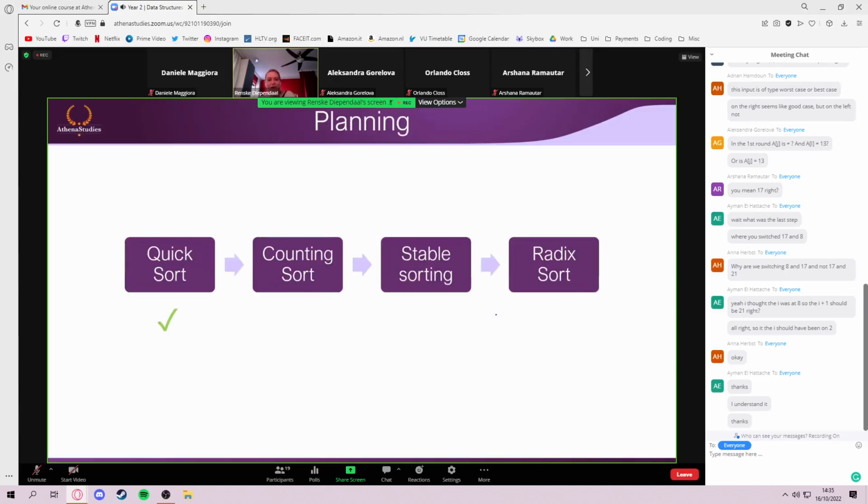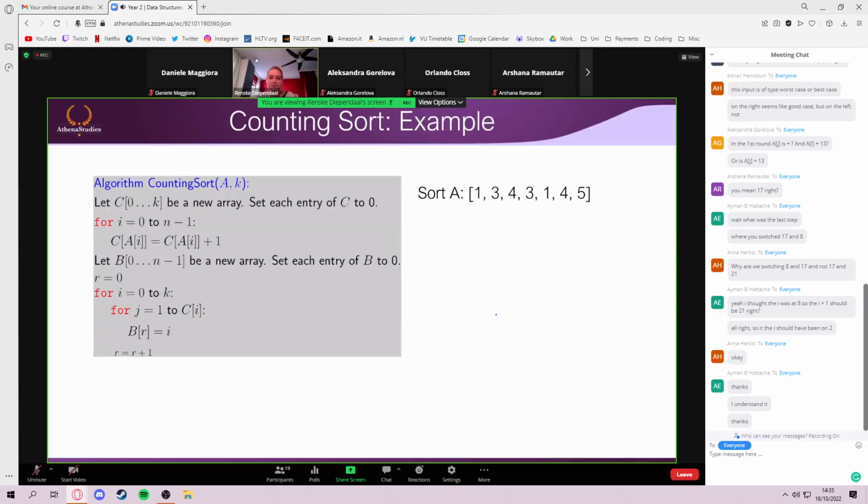So this was quick sort. Now we also have counting sort. And I just want to say this algorithm that we have over here is from my year. I think the algorithm in yours is slightly different, but I think this was more clear and it still does basically the same stuff. It just describes it a bit nicer. Okay, so this is all very confusing. What you have to do is just